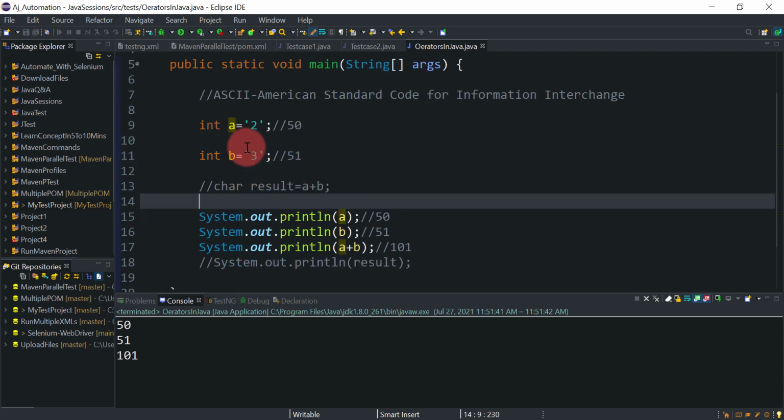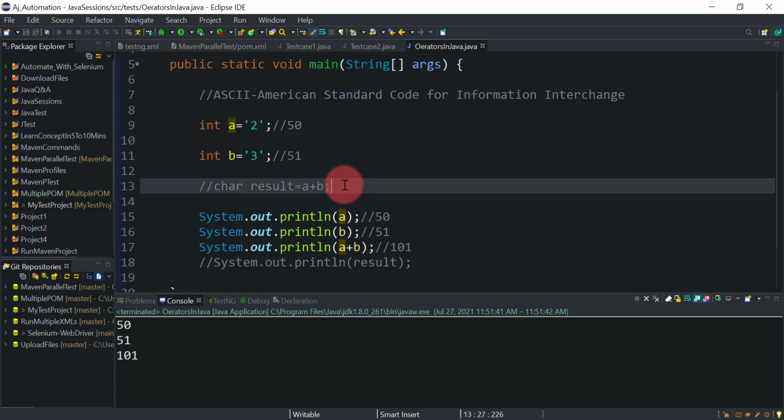Now the next example: I am keeping the values as they are, only I am defining one more variable, char result equal to A plus B. So you need to think about whether I will get the result or whether I will get a compilation error here. I have commented it out so that you can think. Here I have defined a character variable result and I am performing addition of these two variables. We have just seen that when you apply any arithmetic operation to two variables x and y, the result type will be max of int, type of x, type of y, right? So what will be the result here?